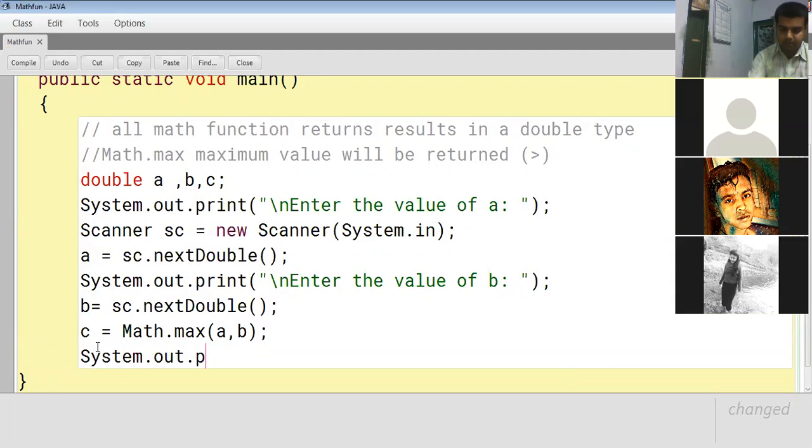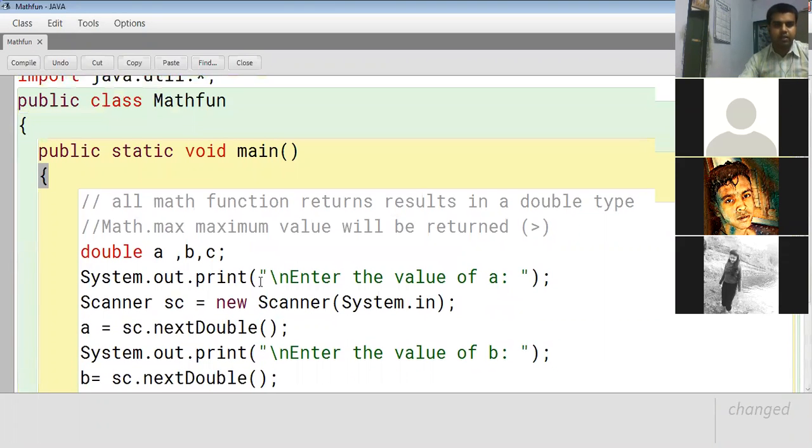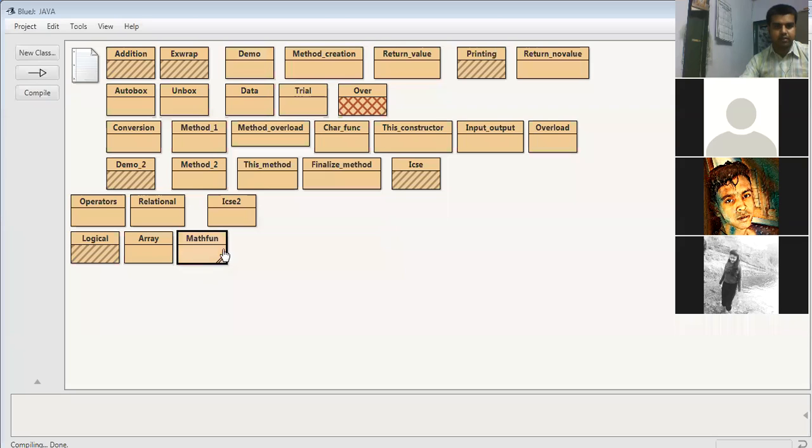So system out print, the result is plus C. With this, we complete the first mathematical function and we will run the program to check the output, whether it is successful or not. Yes, there is no syntax error. So let's check the output.